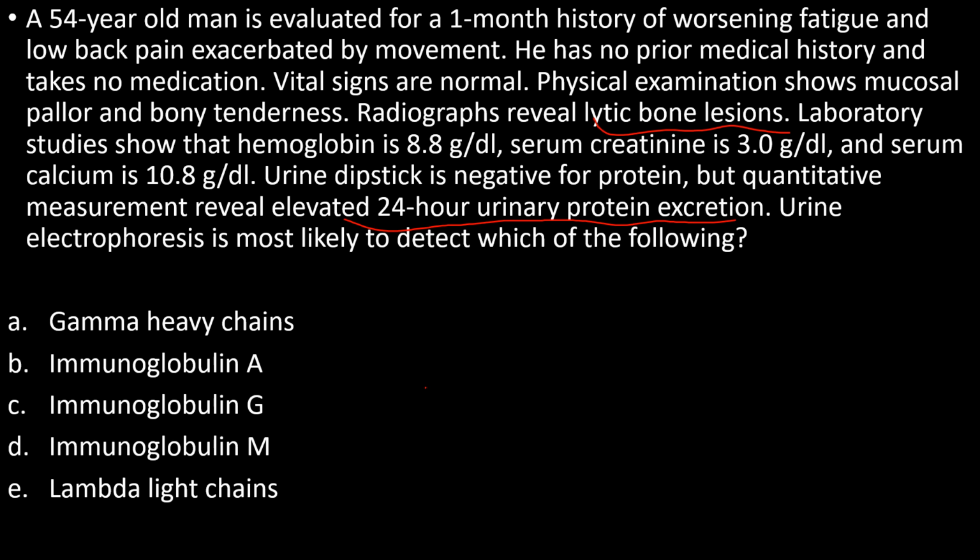Intact immunoglobulins, for example IgA, IgG, IgM, are too large to pass through the glomerulus, but a small amount of free light chain, for example kappa and lambda, are freely filtered and reabsorbed in the proximal tubules. However, in multiple myeloma, the excessive quantities of free light chains exceed the resorptive capacity of the kidney. The filtered light chains then combine with Tamm-Horsfall proteins to form obstructive casts that cause tubular rupture and kidney